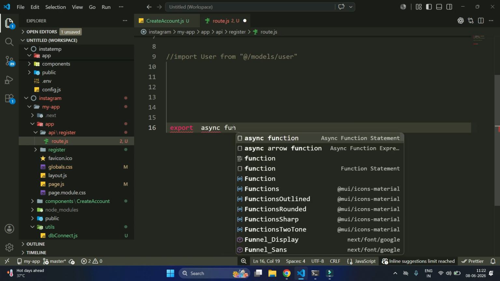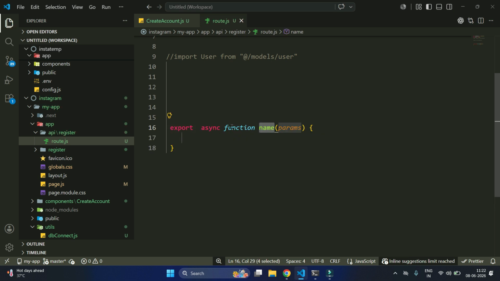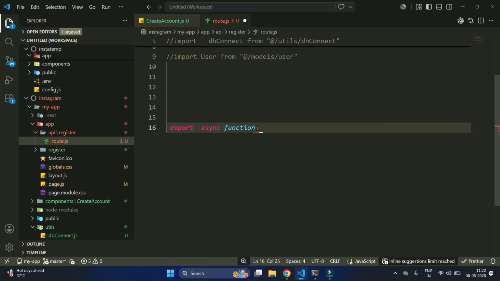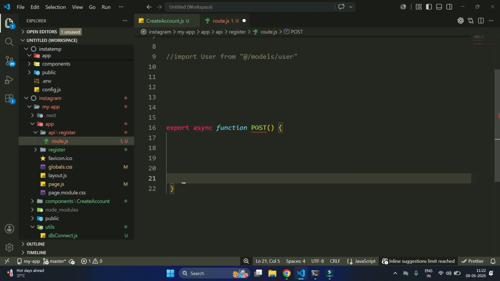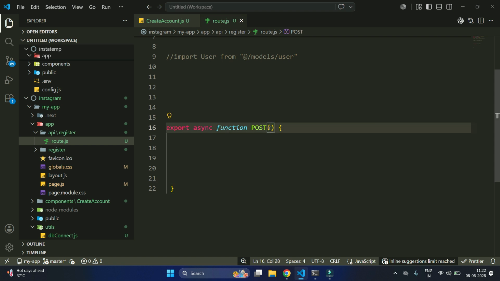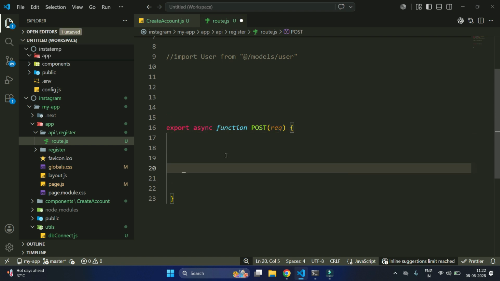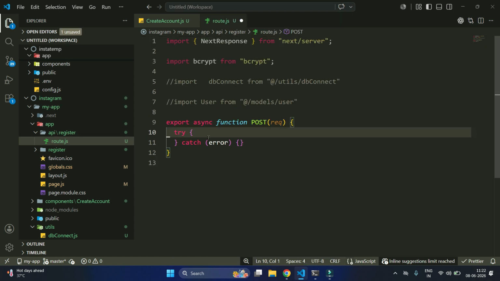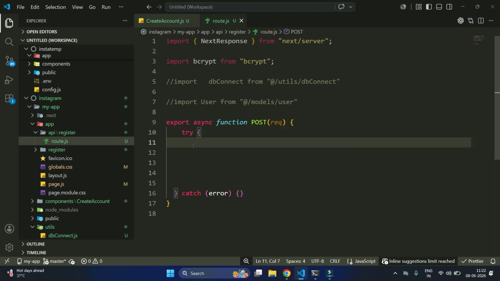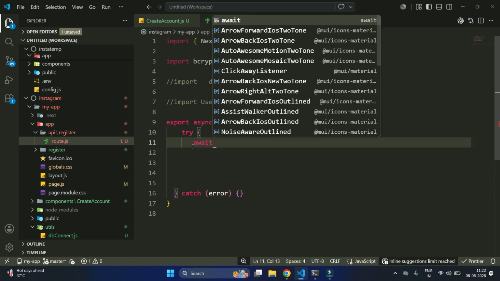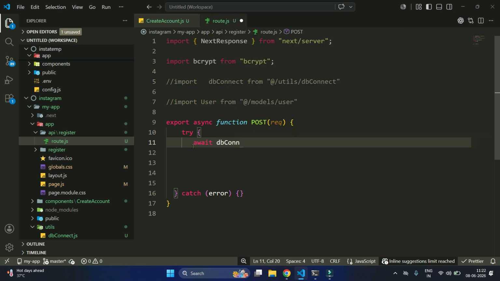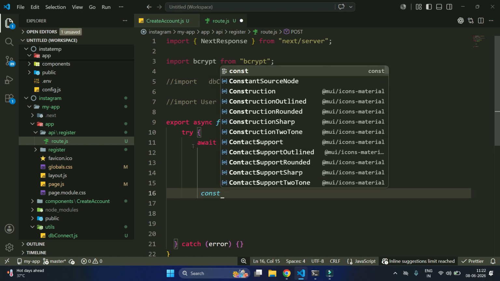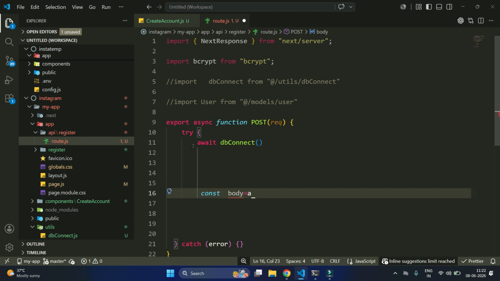Here export async function POST, then inside it we have the request. Okay, try and catch block. So this is here. First of all, you have to connect to the database, dbConnect here, and then const body is equal to await